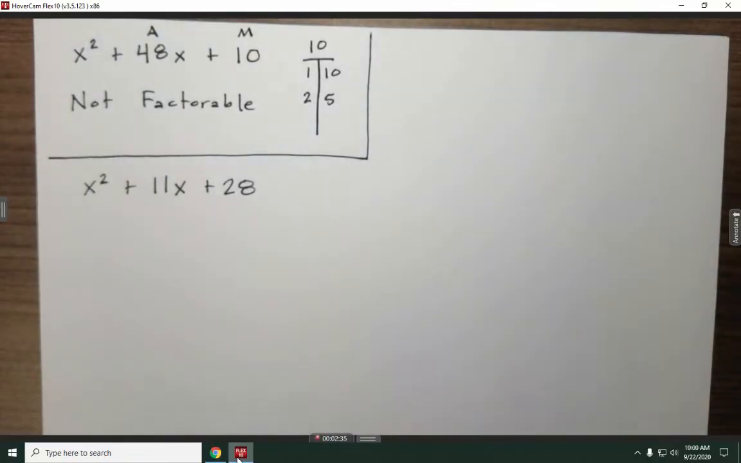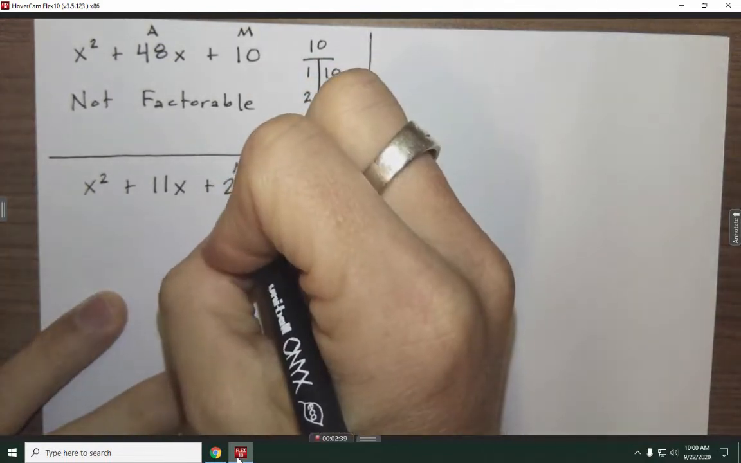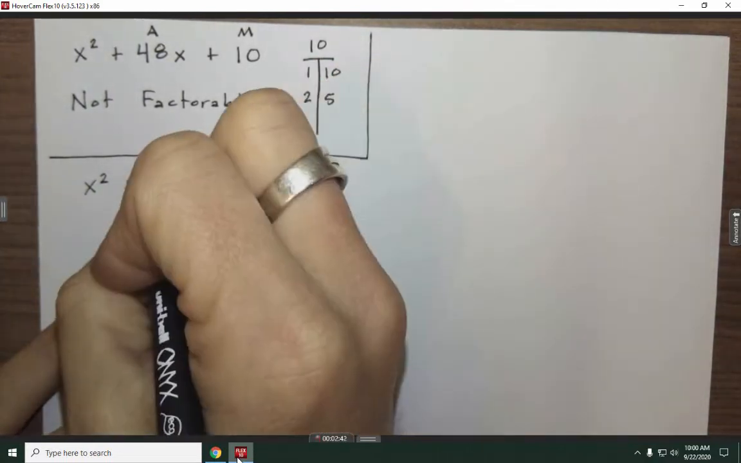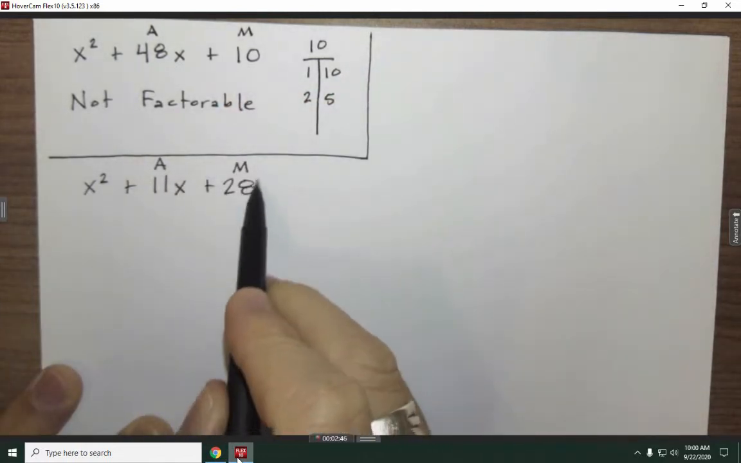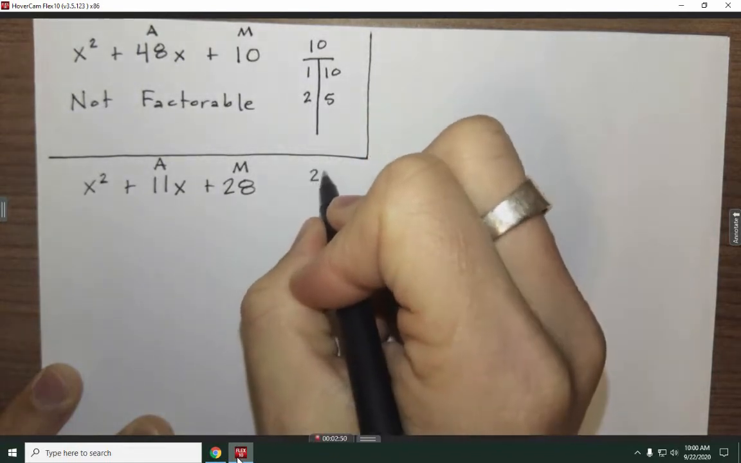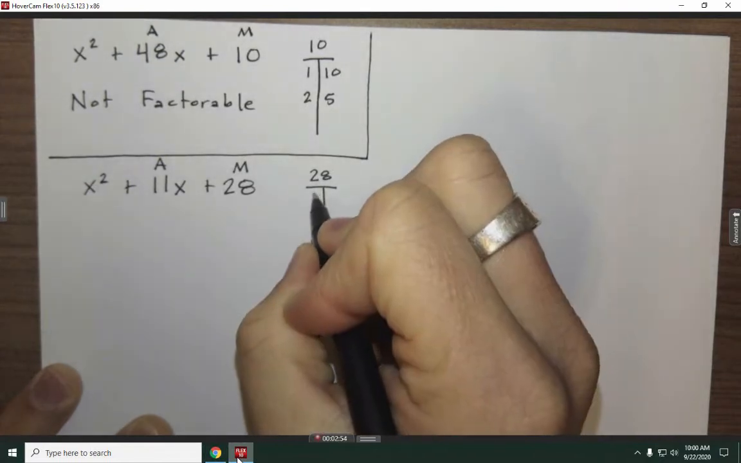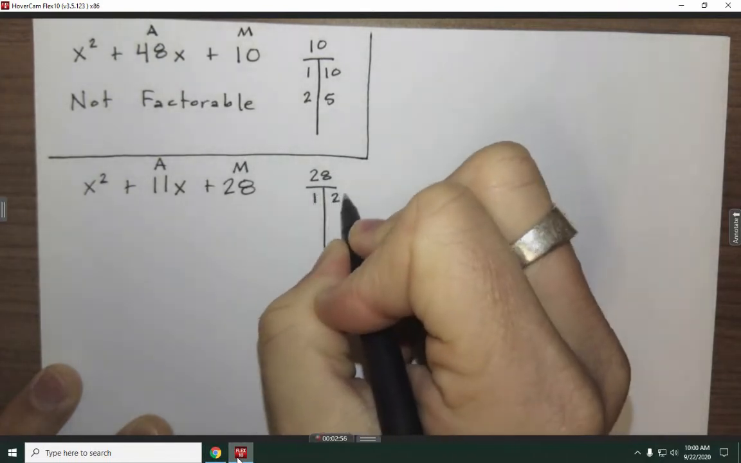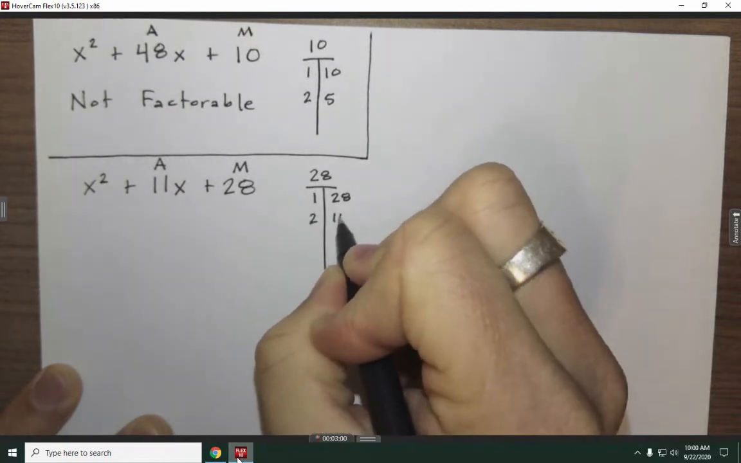X squared plus 11x plus 28. Again, we're looking for what multiplies to give us this back term and adds to give us this middle term. So I'm going to go ahead and list off all the factors of 28. We have all positives again. So I'm going to write 28 here, and then we'll go down my list of factors. We got 1, 28, 2, 14,